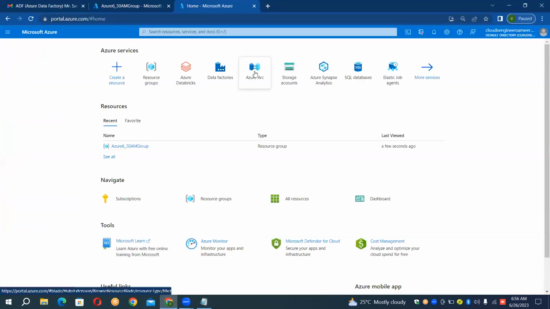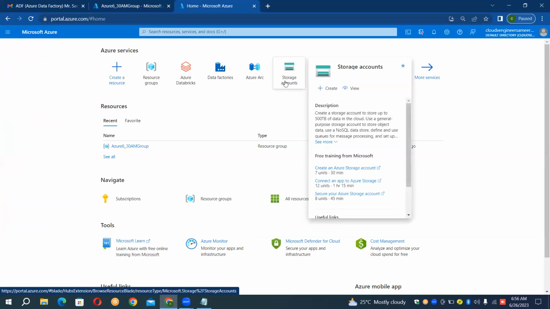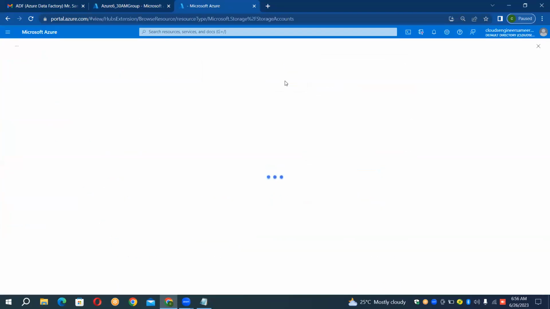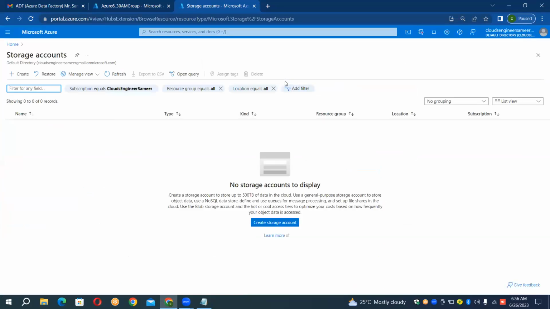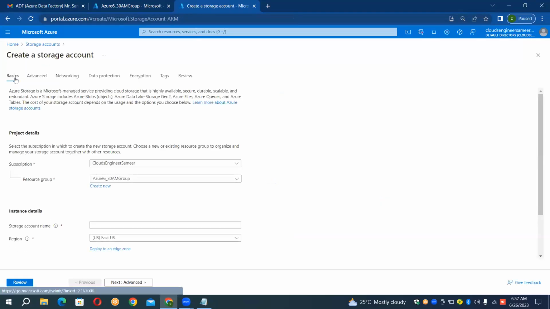Now, guys, just open this. When you want to create a storage account, take a tab and select storage account here. Click on this. Now, guys, click on the create blade. Okay, so select the resource group. I want to create a storage account in this particular resource group, and now provide the name of